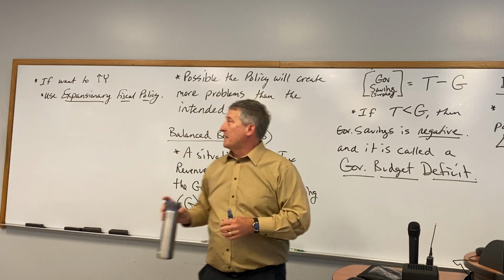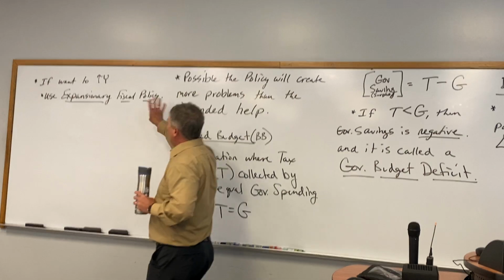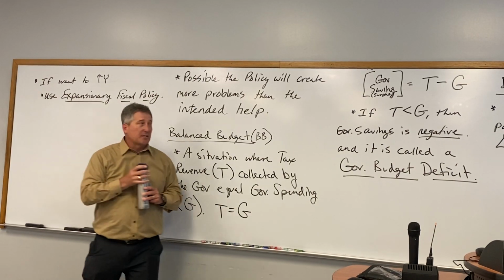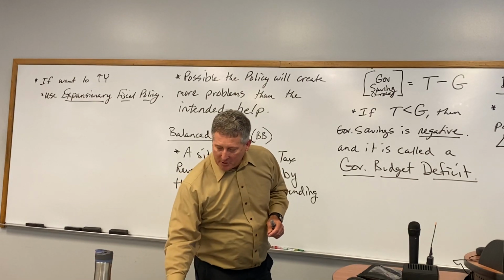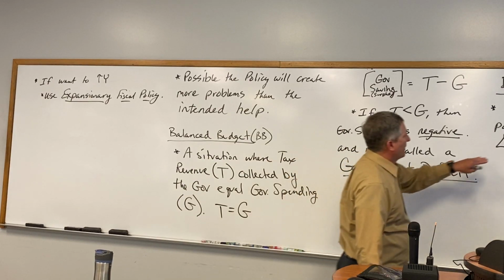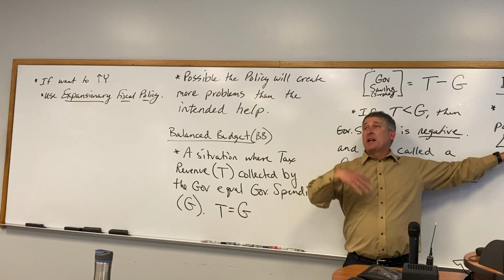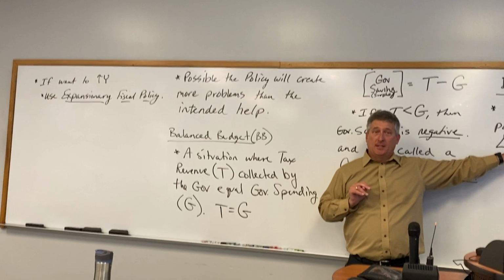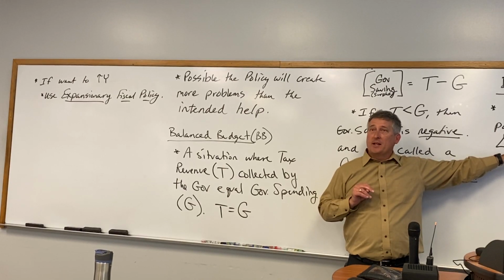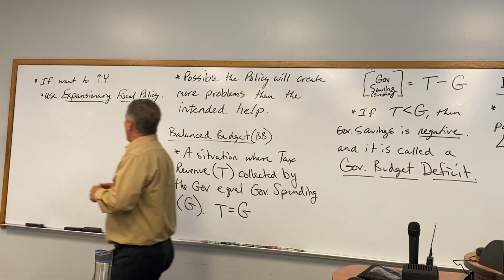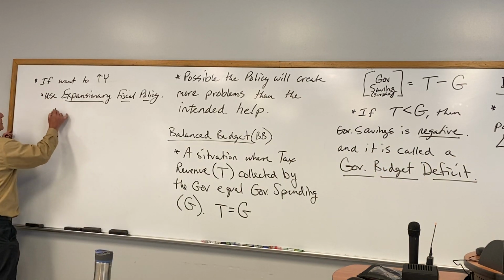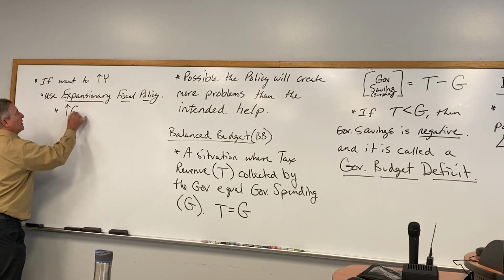So if you're trying to increase income for the country, you're going to use expansionary fiscal policy. And so what would you be doing with government spending? Spending more or spending less? If you're trying to expand the income of the nation, expand the economy, expand real GDP, more or less? More, right? So expansionary fiscal policy would be an increase in G,